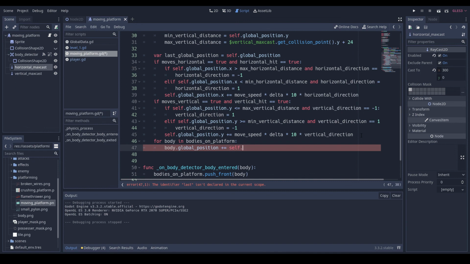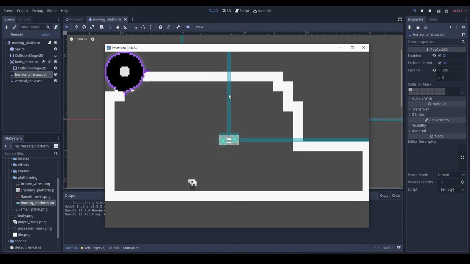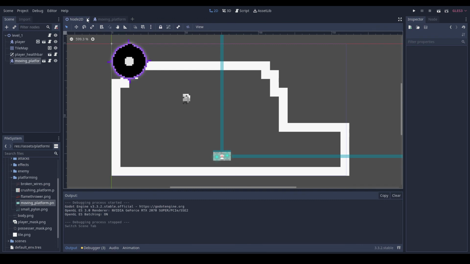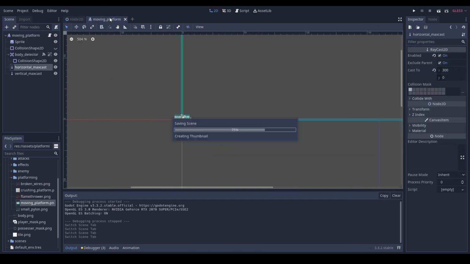Now we're gonna do self dot global position minus last global position, I believe is what we need to do. I'll try it out. Well, it's fine when we're going down, it isn't when we're going up. And when we're going down, we still can't jump when we're going down actually. So then, what we're gonna do is